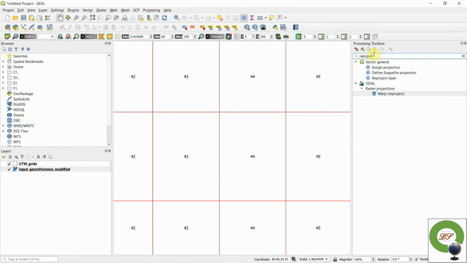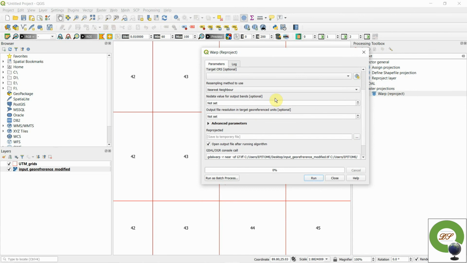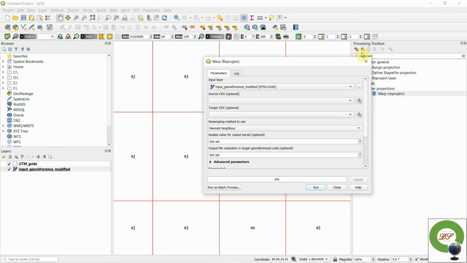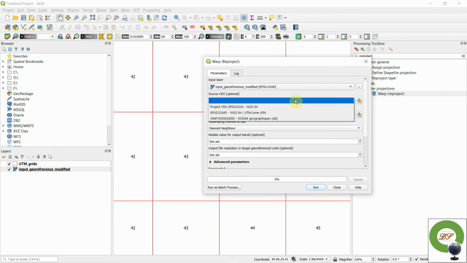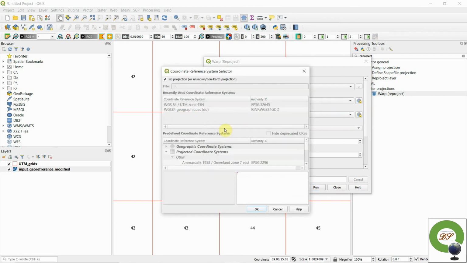Type reproject in the processing toolbox and click here. In the source CRS you need not worry about that, the input layer is having this. In the source CRS keep the reference system which we are using here, and the target CRS you need to search for.